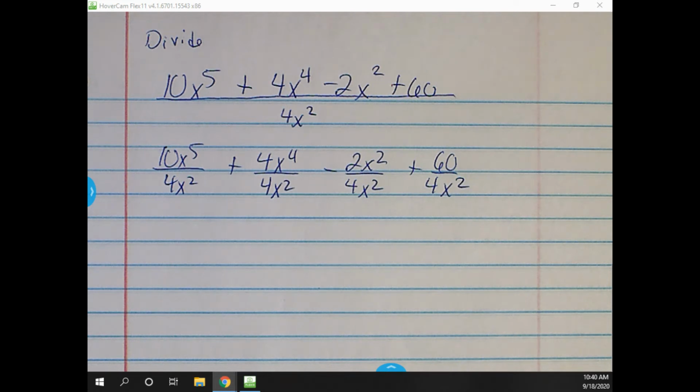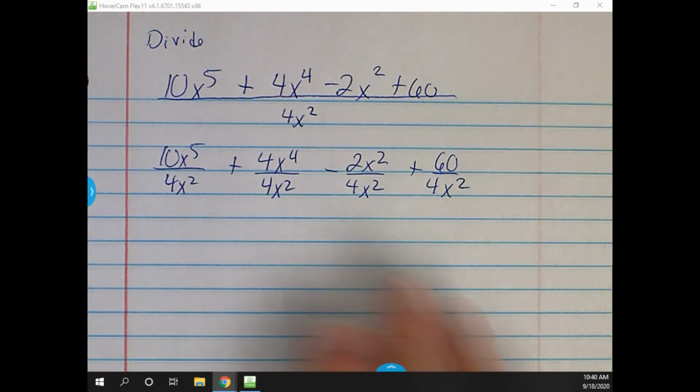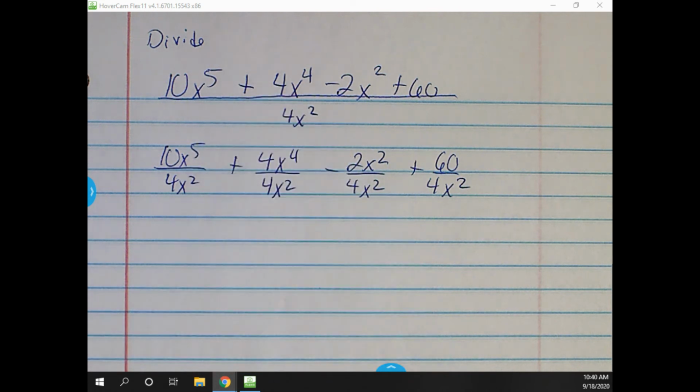And then from there, it's basically 4 fractions. You're going to simplify each fraction just as much as you can when you go through those. Okay, and each one of those numbers, it's almost 2 different things. You're going to take it and look at just the number, and then you're going to look at the variable part of it. So if it was 10 divided by 4,